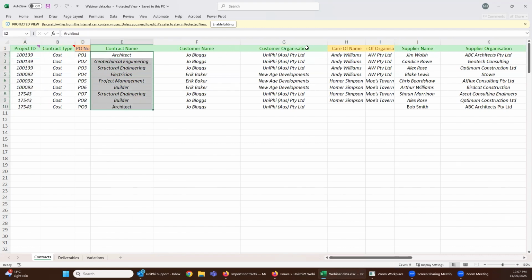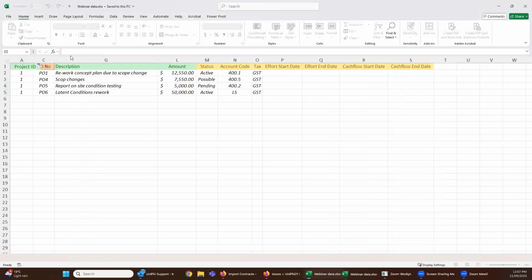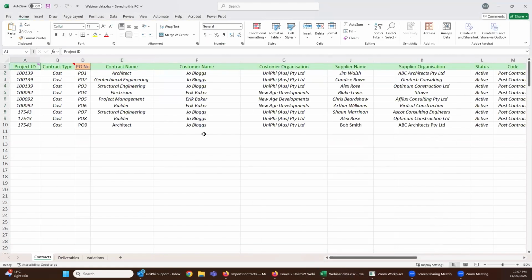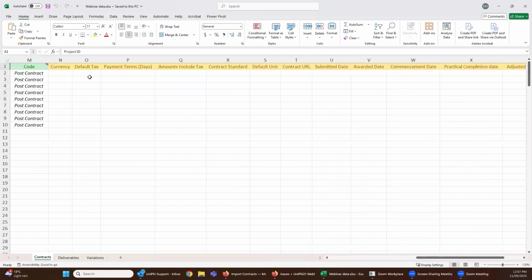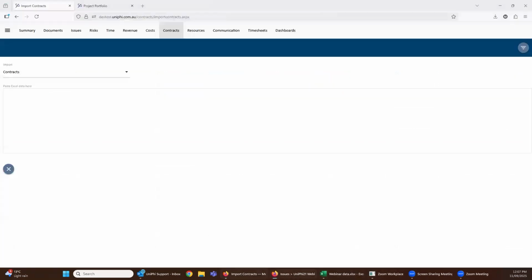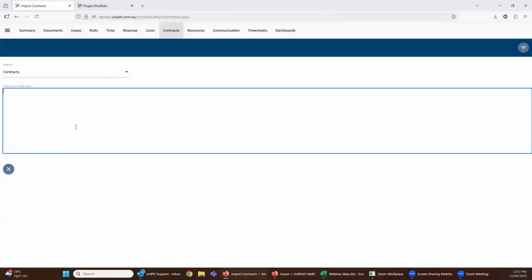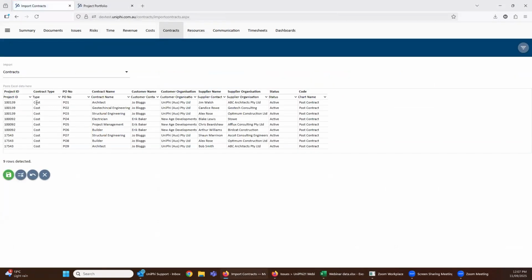And these are the mandatory fields, these green ones that you need to have to get that to happen. So I'm just going to highlight that green range, and we don't have any data in this yellow range, so we don't need to worry about that. Click copy, come across to our UniPhi screen, paste. Now, the thing that's worth noting with your information is that it's automatically identified the field names